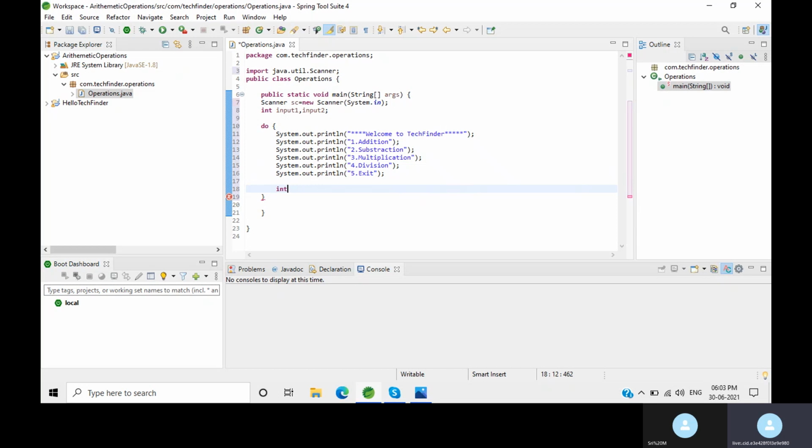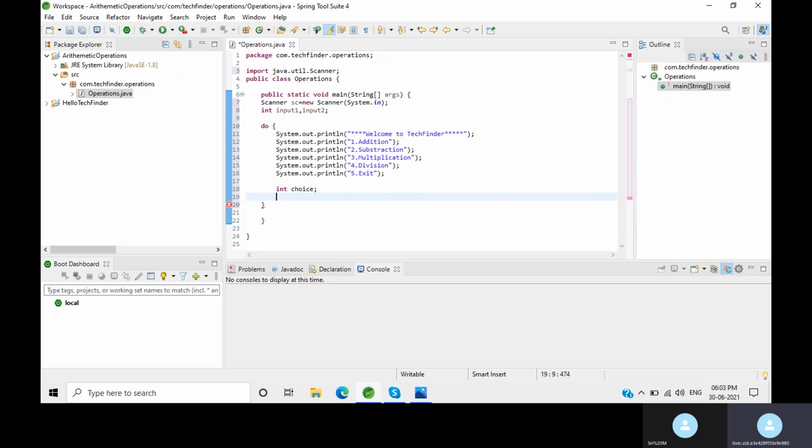For that, create a variable int choice. Use appropriate variable names. Then it will be easy to understand for others also. When they read your program, it is easily readable and understandable. If you just simply use A, B, C or I, J, K, then it might cause confusion.